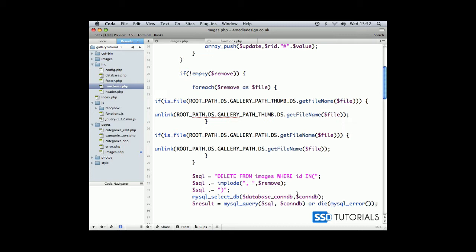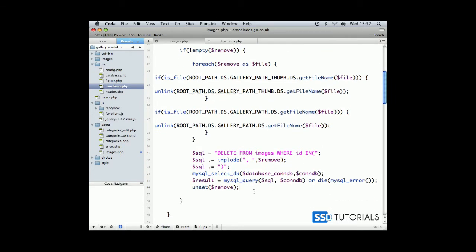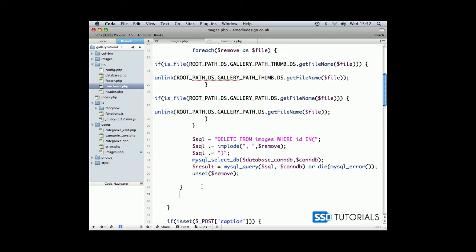Okay. And lastly, we're going to unset our array. Unset remove. And that's everything when it comes to removing our records. So we have our remove case done. Now we're going to be working on update. So if the array called update isn't empty,